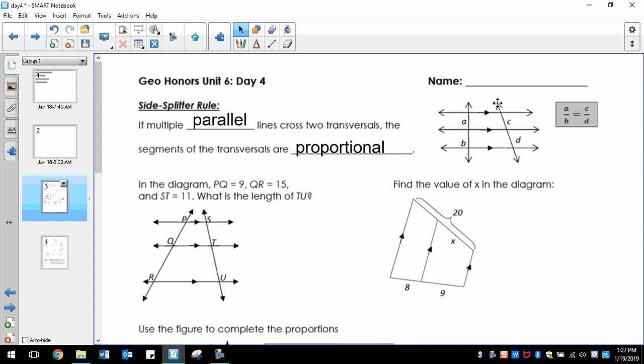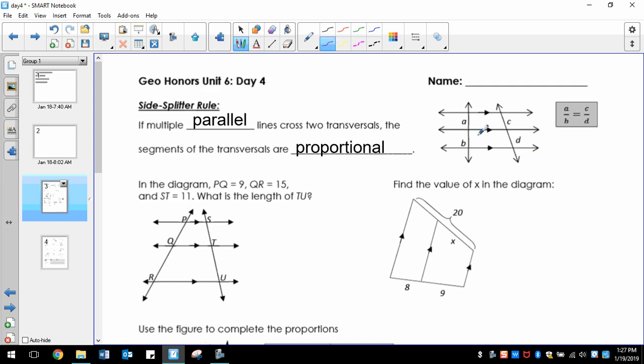So 1, 2, 3, and then two transversals. And these four segments that we have created in this diagram, those are proportional. So you would have A over B, the two segments on this transversal, equal to the two segments on this transversal, written as a proportion. Now for this one, you can write the proportion in whatever order you want. You could even start on this transversal. You just have to make sure that whatever pattern you use, you go in the same direction for